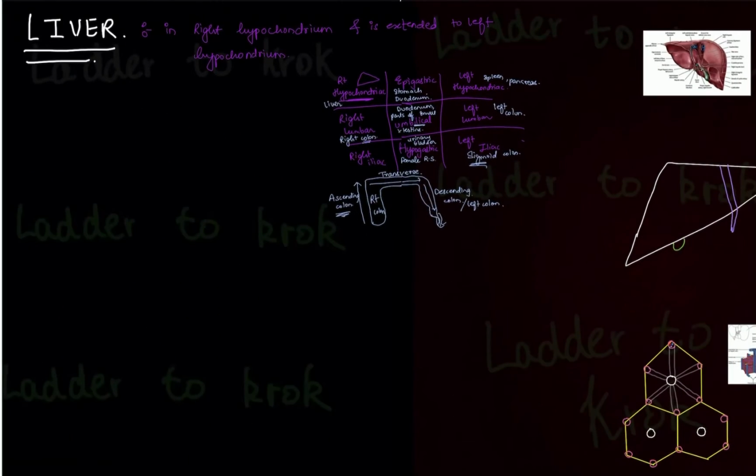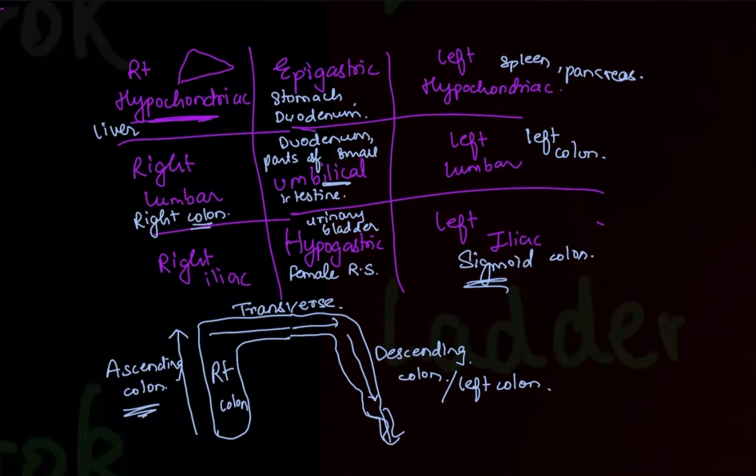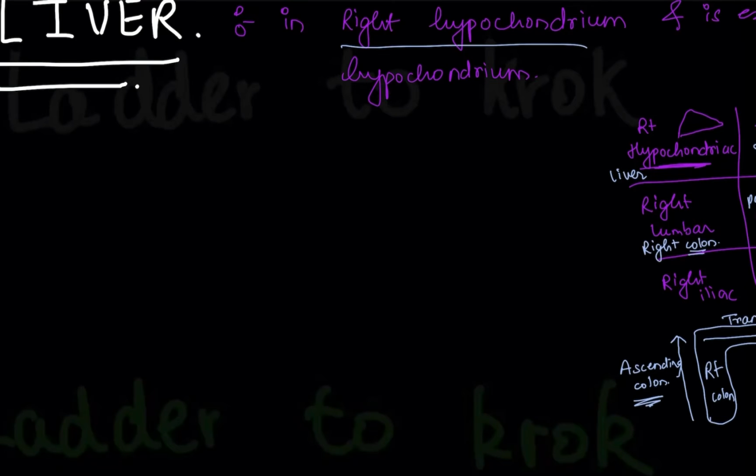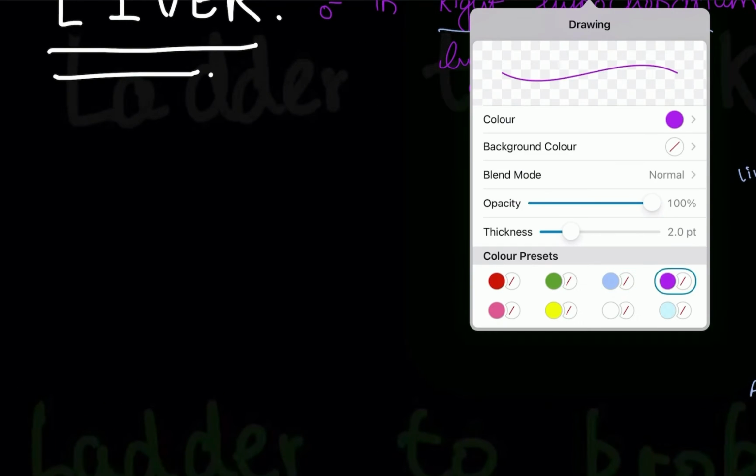So I hope this 9 region is clear to you. Sometimes they ask you the question, how many regions your abdomen is divided into, then you have to answer it as 9 regions. Sometimes they give you the question on the basis of which organ is located where. So you must know these important organs which I have marked over here. Now you know what is right hypochondriac region and liver is situated there. So let's move back to our topic.